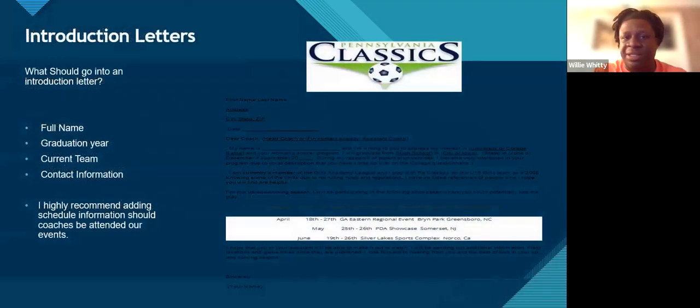This is just a little tidbit on the introduction letter. Should you not use the one I gave you, and it's okay, what are some of the things I recommend you have in the ID or introduction letter? This will be on the PowerPoint for when you're ready to use it, but just some pieces of things not to forget if you want to do your own version of things, and that is okay. But remember your name, graduation year, your team, your contact information. Always leave that so they know how to get back in contact with you.